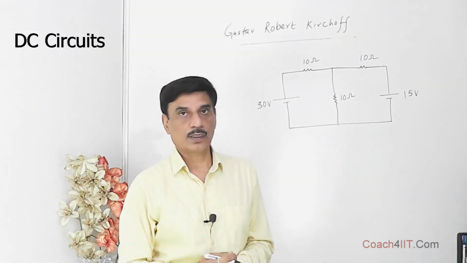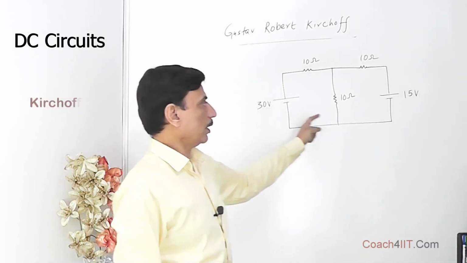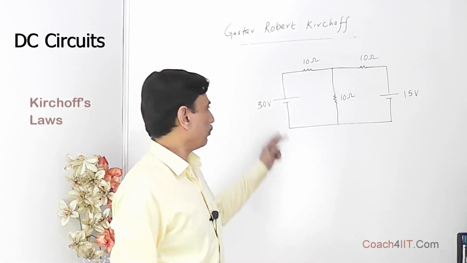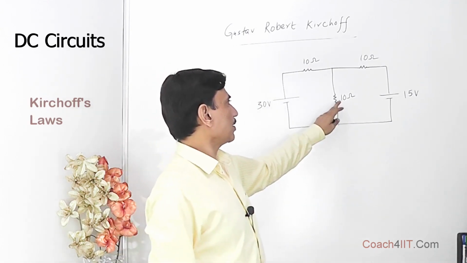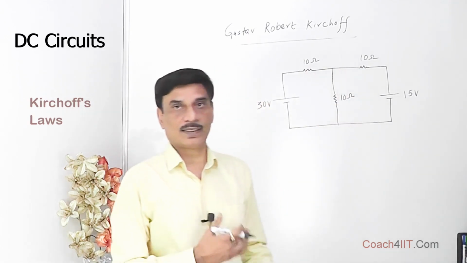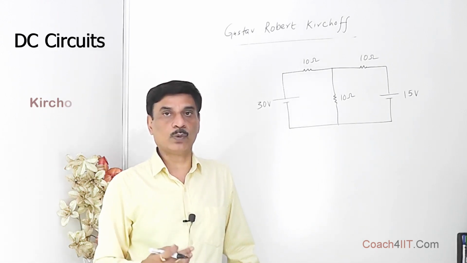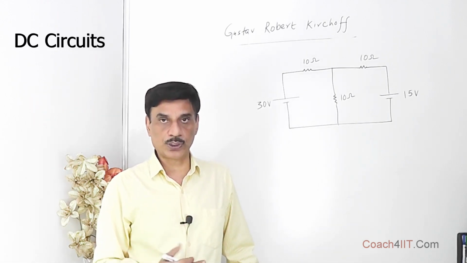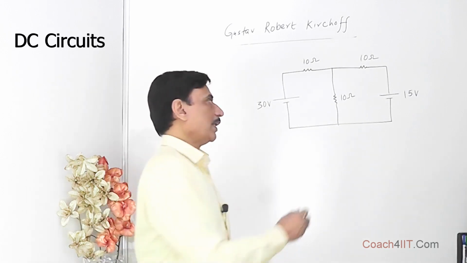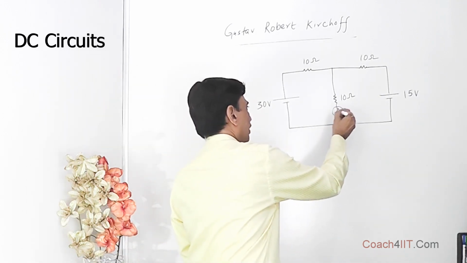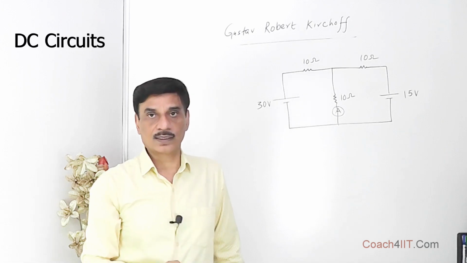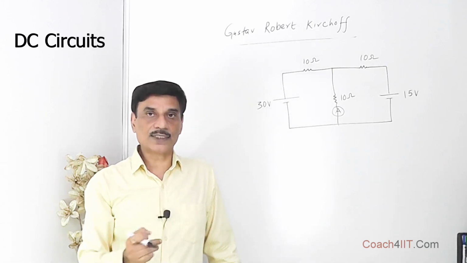We have a network where we have two batteries, 30 volt and 15 volt, with the polarities as shown, and we have three resistors, 10 ohm, 10 ohm and 10 ohm, and the rest of them are connected through conducting wires which have a resistance equal to 0. We are asked what is the current reading in this wire,